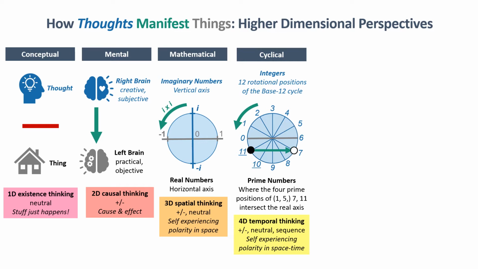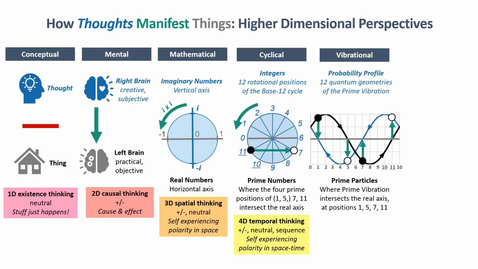And now that we have 2 points on a circle rotating through a cycle, this automatically generates a double sine wave vibration when we express it over time. Picture rolling the circle sideways. And because the vibration is confined to the same base 12 cycle, it oscillates back and forth, creating what's called a standing wave, a wave that's motionless as a whole and therefore timeless, despite its 2 points moving forward and